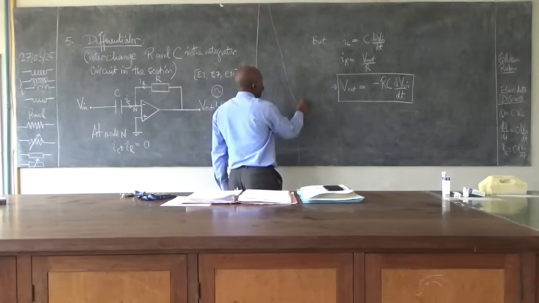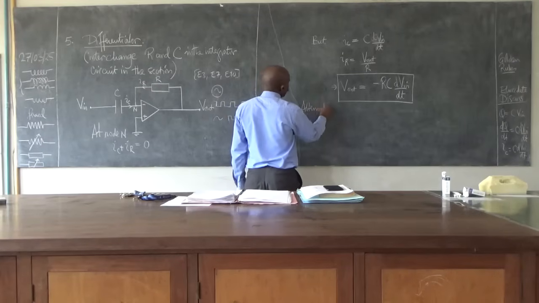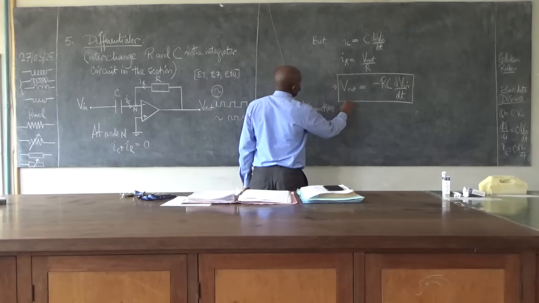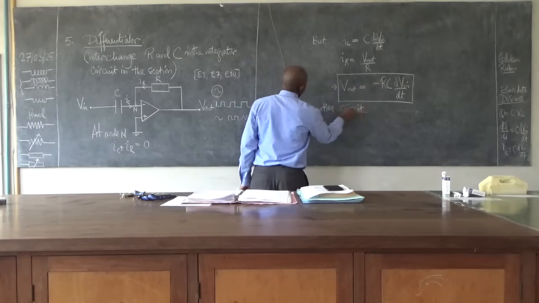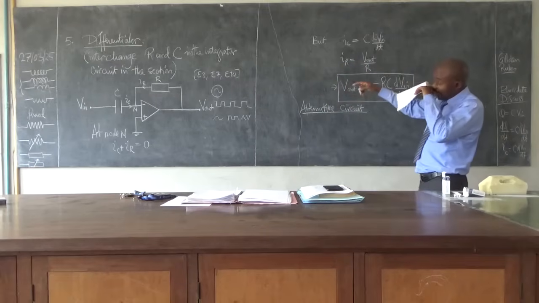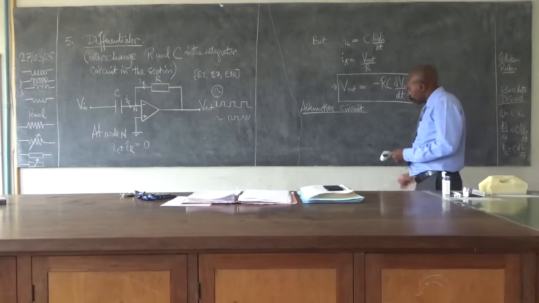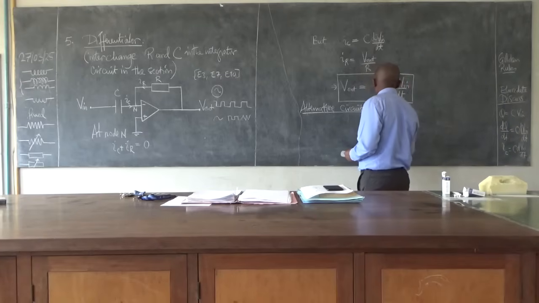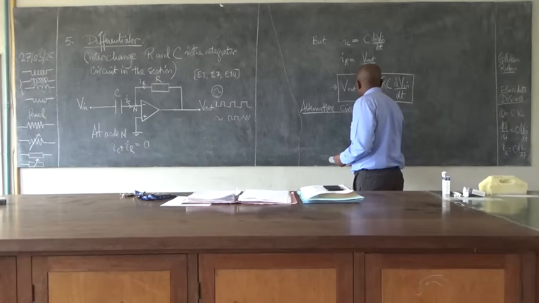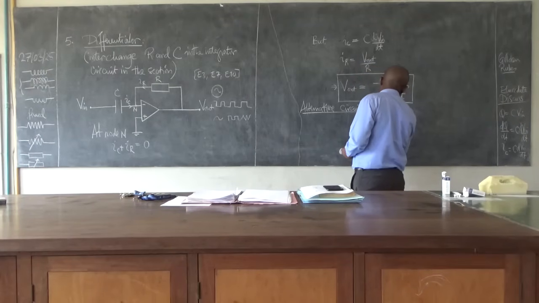Like we did for the integrator, we look at the alternative circuit. In this alternative circuit, we shall replace the capacitor with an inductor and go in via the resistor. So we have V in, and then we have the resistor,